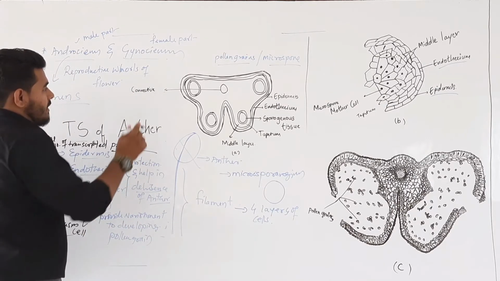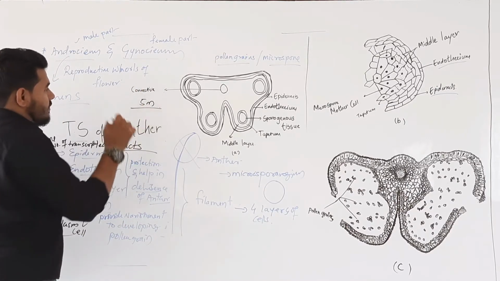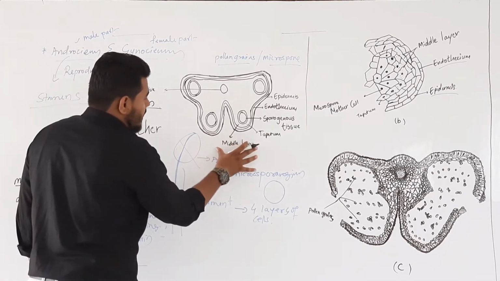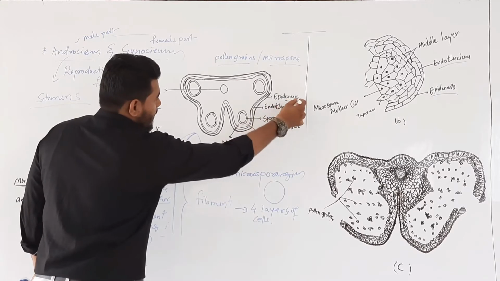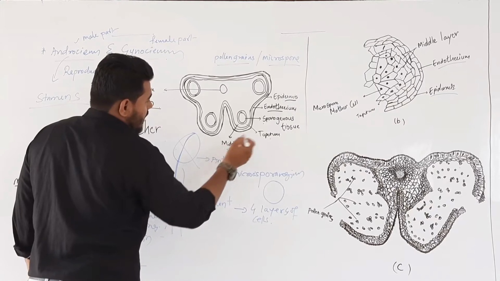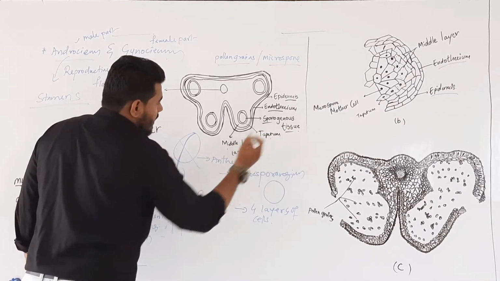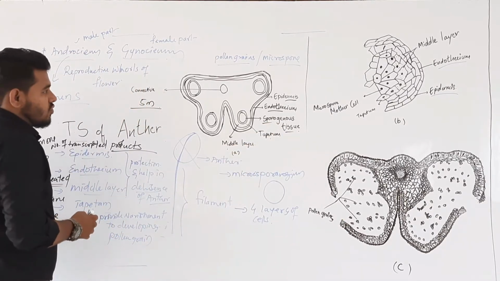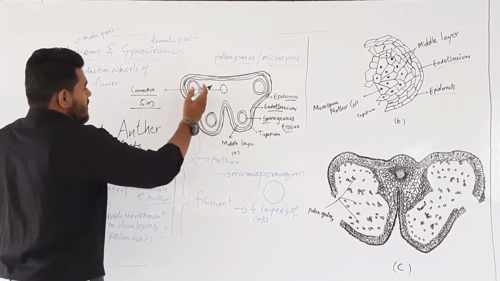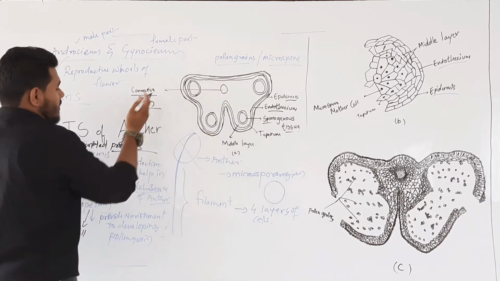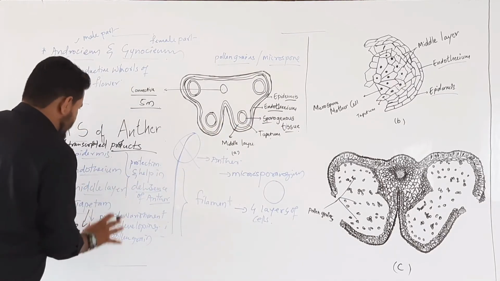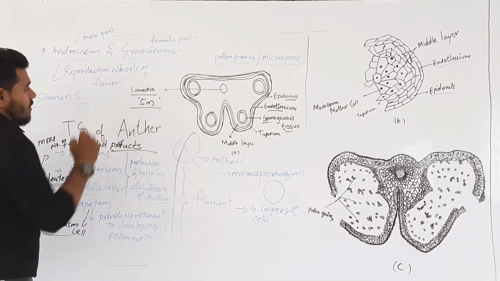In the theory exam, this question is asked for 5 marks. In that you have to draw this diagram. You have to label epidermis, endothecium, tapetum, middle layer. Inside the tapetum you will find the sporogenous tissue. This is particularly called connective. I will explain this connective in the NEET concept. This labeling along with the explanation will get you 5 marks.